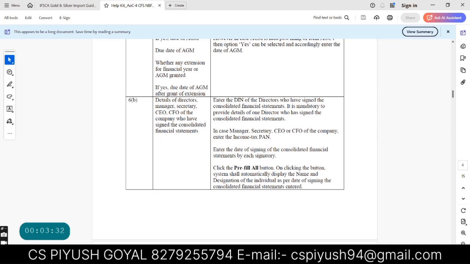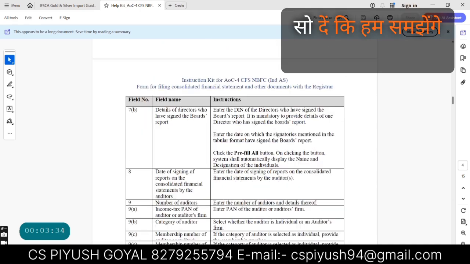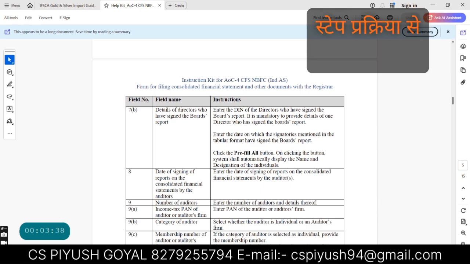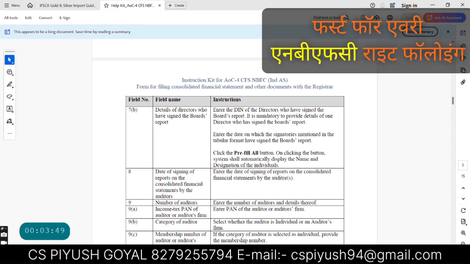Then mention the date of signing of the consolidated financial statement in front of the director's name. Then details of the directors who have signed the board report: enter the DIN of the directors who have signed the board report, and the date of signing of the board report is also required to be mentioned.